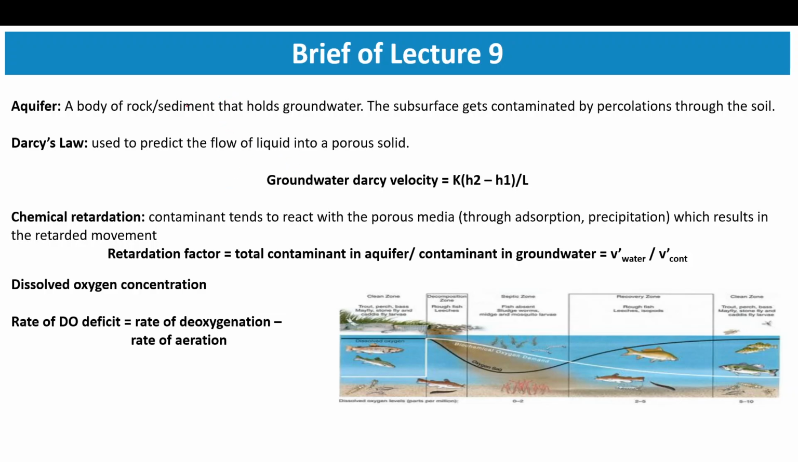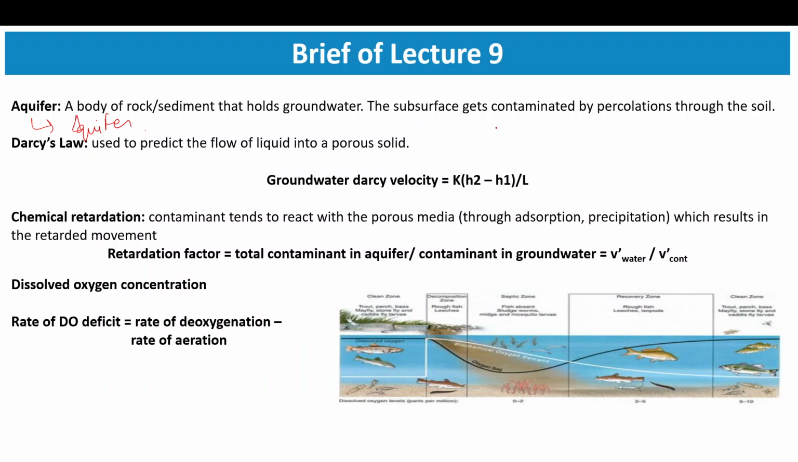How it is there for water. Firstly the terminology is aquifer. An aquifer is nothing but a body of rock or sediment that has some groundwater in it. Now if the subsurface is contaminated by any means, then there are chances that it further percolates through the soil. So here, to find out the further transport of the pollutant